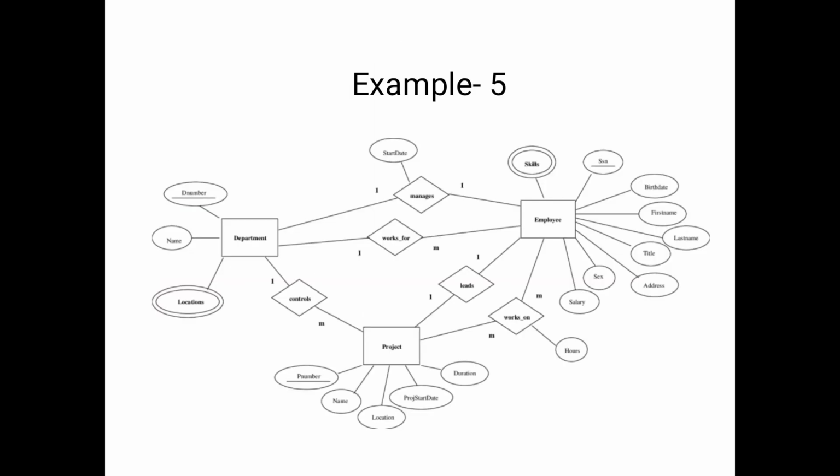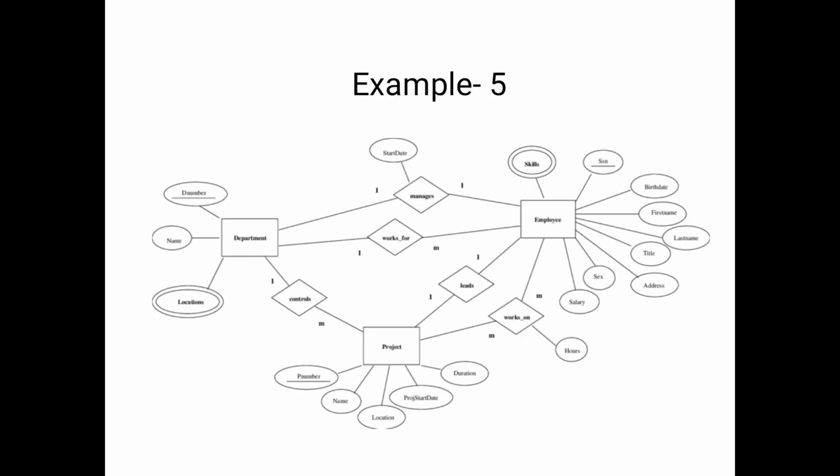Another example, here I will consider a lot of entities. Please observe, my dear students. In this particular example, I will consider the entities, relationships, attributes, key attributes, and double circle also. For the department entity, I will consider the attribute name as location. I will consider the location as a multi-valued attribute. Double circle means multi-valued attribute. Please observe the another entity also, employee. In the employee entity, I will consider the skills of employee. Skills means